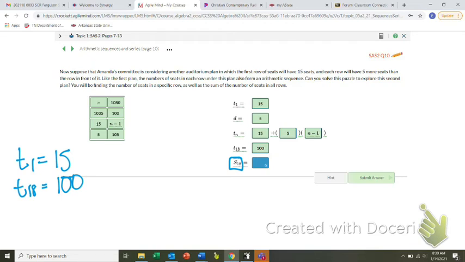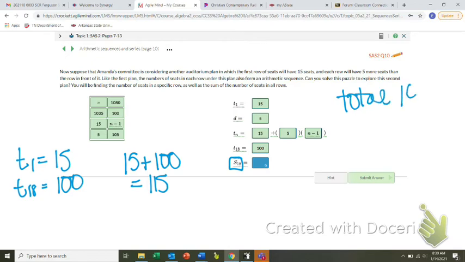So remember, to find the sum, the easy way, we want to take the first term plus the last term, and we get 115. This is what we did on number 9, just a new set of numbers. Now we have to look for the number of pairs. If we have a total number of 18 rows, how many pairs will I have? Well, 18 divided by 2 is 9. So now, all I do is I say 115 times 9, and I get